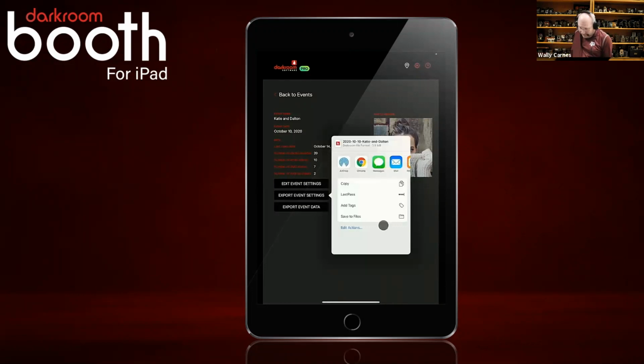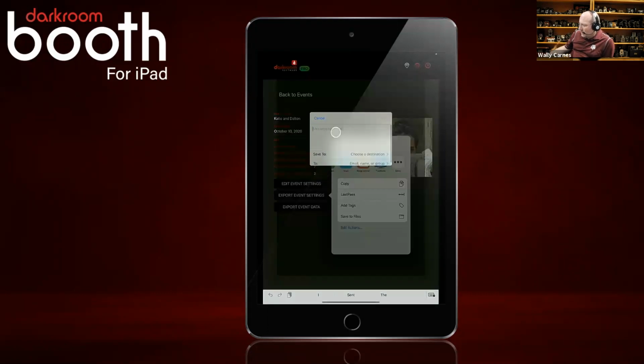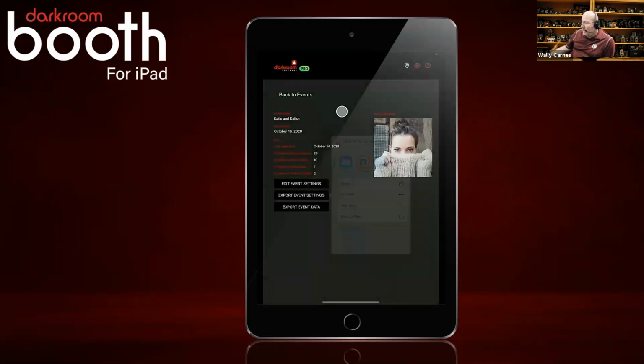Now, if you're using an iPad, the latest iPad, especially the iPad Pro that has the USB-C port, you can actually click Save to Files and save it to a thumb drive. You can also just save it to files on the iPad and email it to yourself. You can also just scroll over here to Dropbox and save it to a Dropbox location. That's what I prefer to do, because then I can create it on one iPad, save it to a Dropbox, open it on any other iPad on the account, and